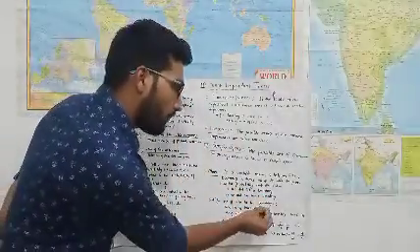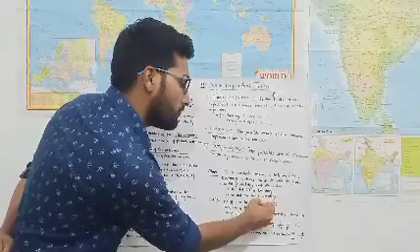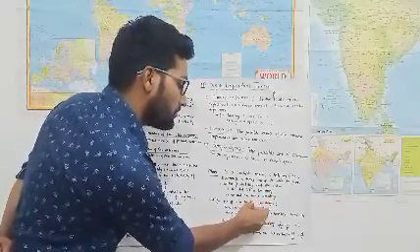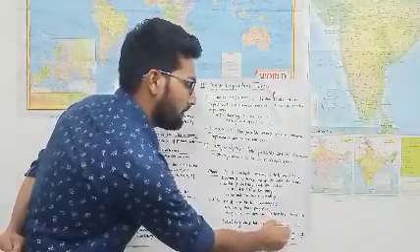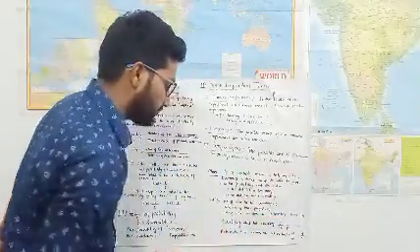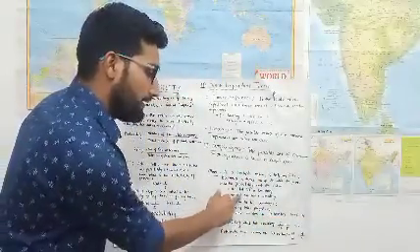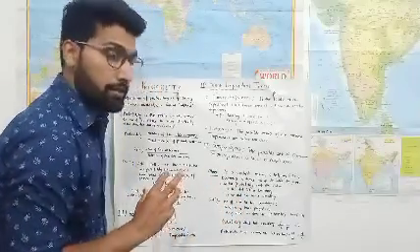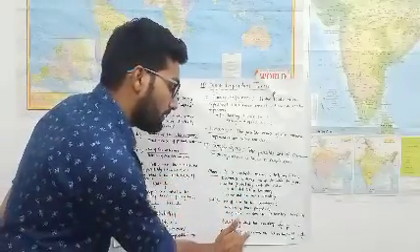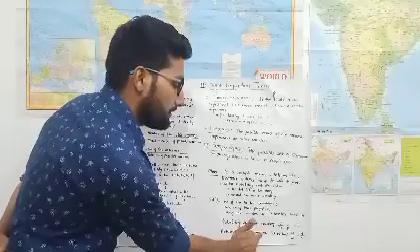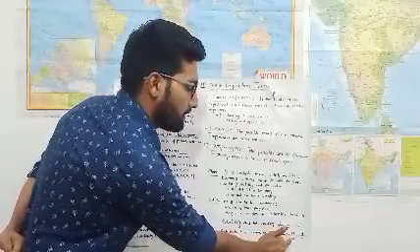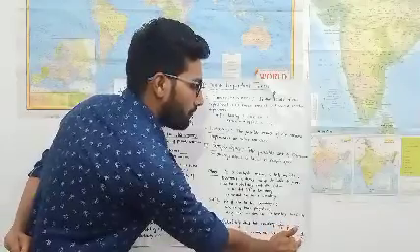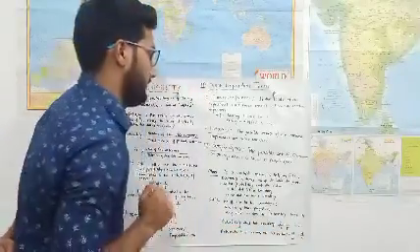The question asks the probability of hitting a boundary. So the number of favorable outcomes is 6 and the total number of possible outcomes is 30. 6 by 30 is equal to 1 by 5 or 0.2. Next question, he did not hit the boundary. Then the probability that he does not hit the boundary is 24 by 30. This is equal to 4 by 5 or 0.8.